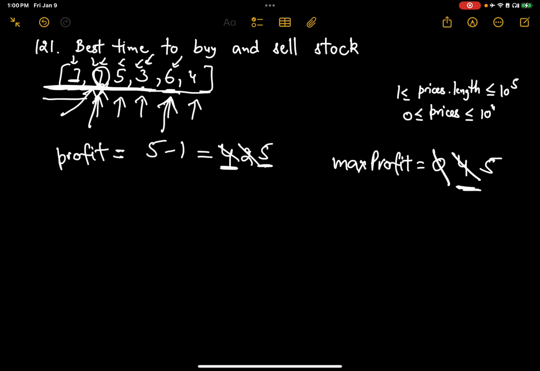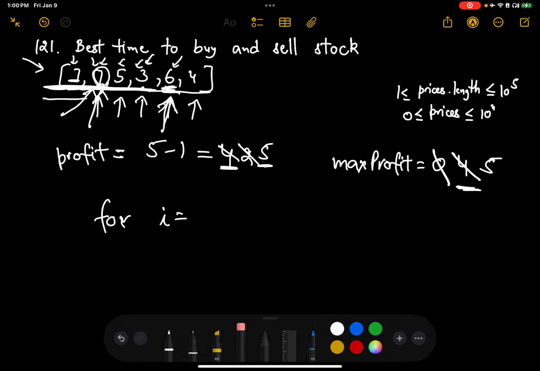So if you notice, what I'll be doing is I'll be doing all the combinations. I'll try to sell on a day, but I'll try to check what will be the profit if I buy on each day before this day, right? I'll check all the combinations. So basically, I'll be running a loop from i equal to 0. I can ignore the first day, right? Because on the first day, if I sell on the first day, that's not possible because I have to buy before, and right now there is no such option. So what I'll do is